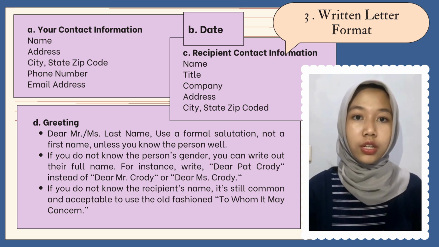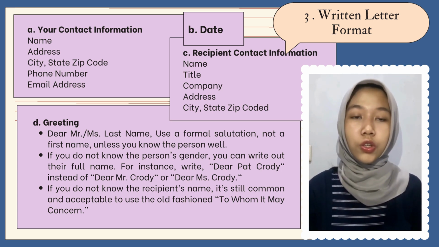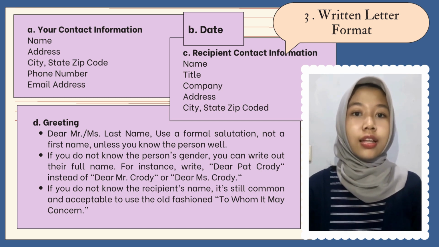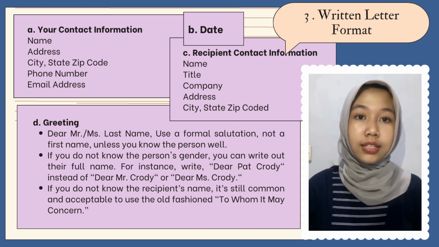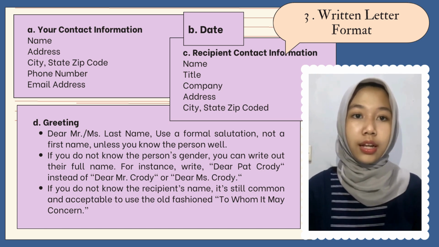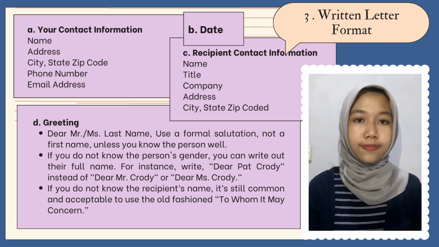It's crucial for identifying the sender and providing a way for the recipient to respond. This section should include your full name, complete postal address on the next line, then include the city, state, zip codes on the next line. Continue by including the telephone number, then email address. Aligning this information to the left ensures a clean and professional appearance.